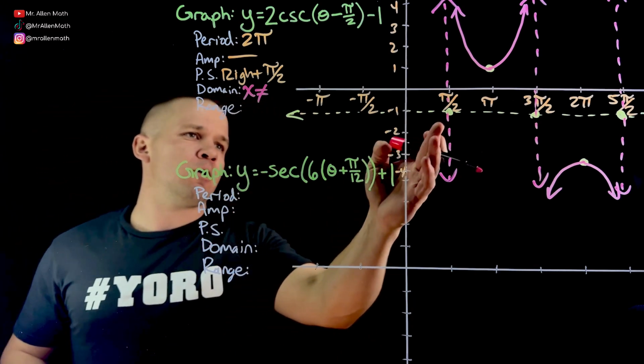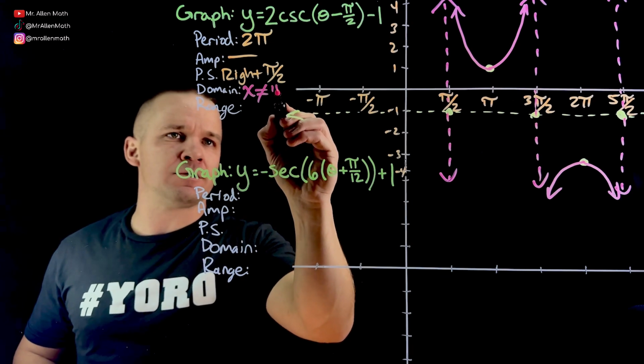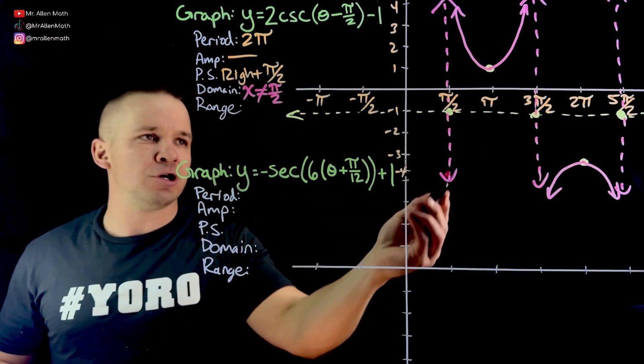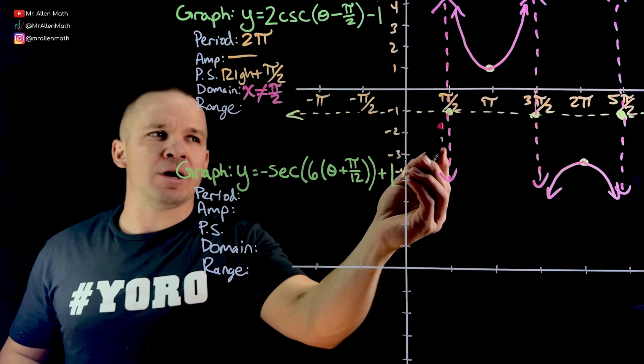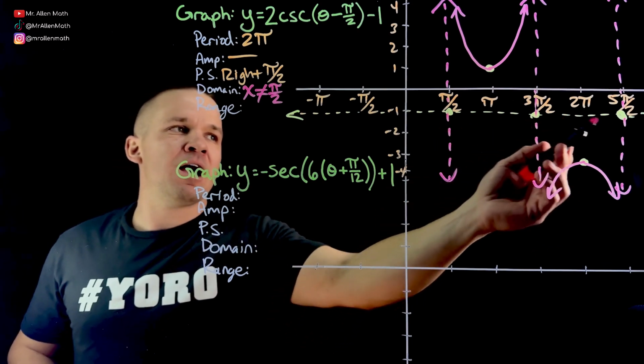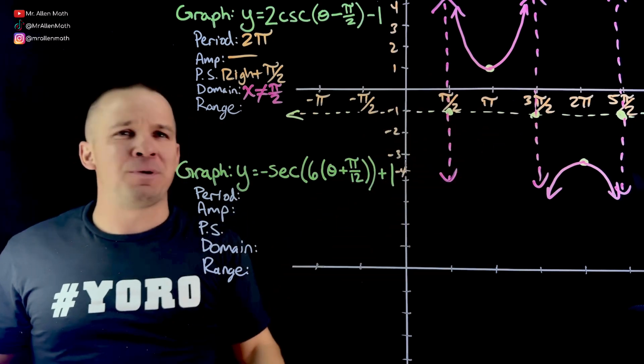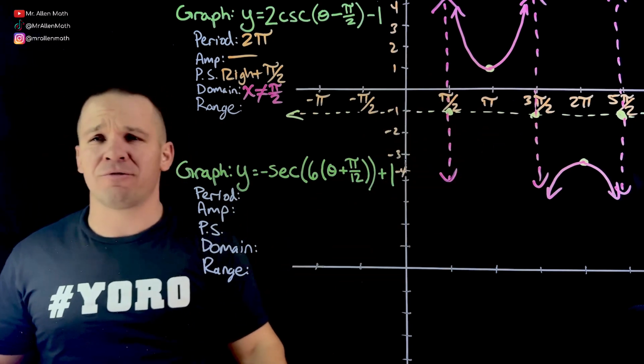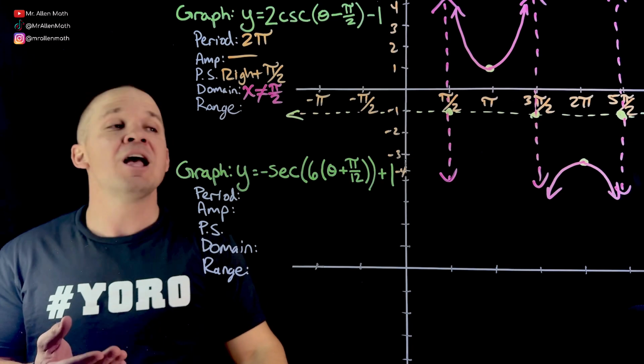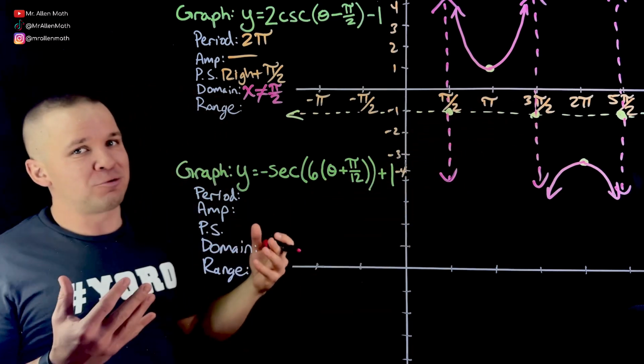All right, so x can't equal pi over 2, right? It cannot equal pi over 2. I know that for sure. I got an asymptote there. But do I want to put a comma and say 3 pi over 2 and 5 pi over 2 and then more and more and more, right? I'm adding 2 pi over every time. Like, bro, that's going to take forever. I could never get there because this goes on forever and I'd never be able to write all my domain